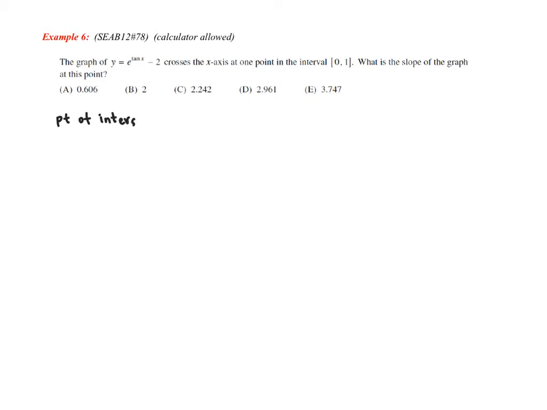Okay, so the point of intersection of y and the x-axis. First I've got to do that, and then I've got to find the slope of the function. I've got to find y prime at whatever that x value is. Okay, so I want to know when y equals 0. So what I'm going to do on my calculator is in y1, I'm going to type e to the tangent